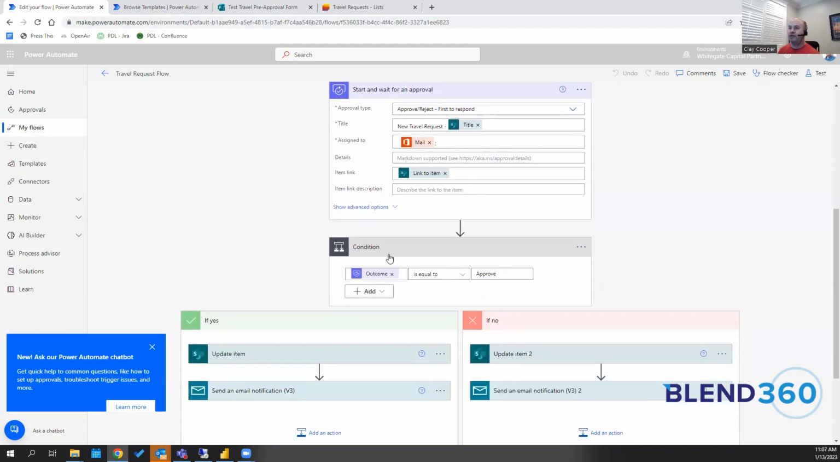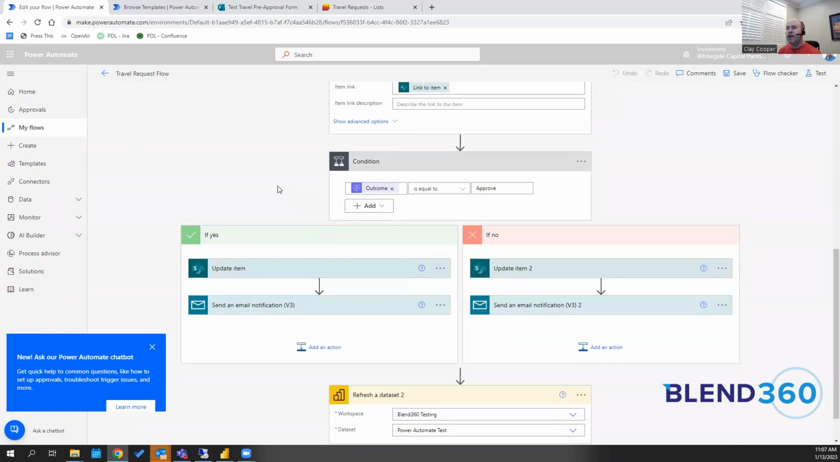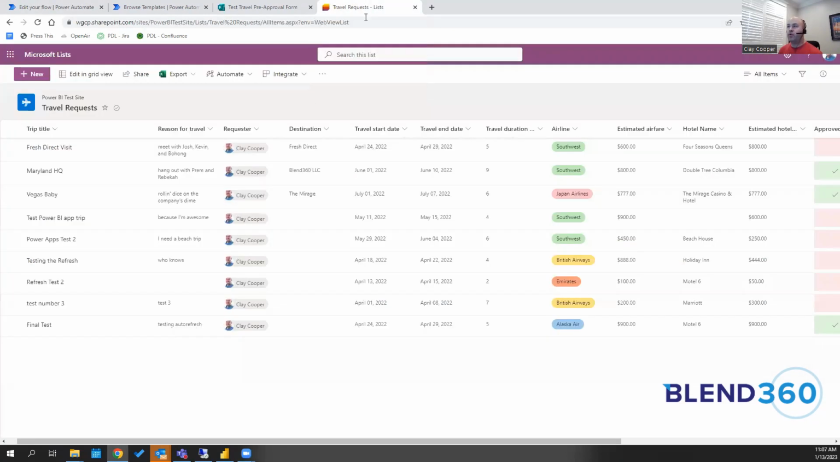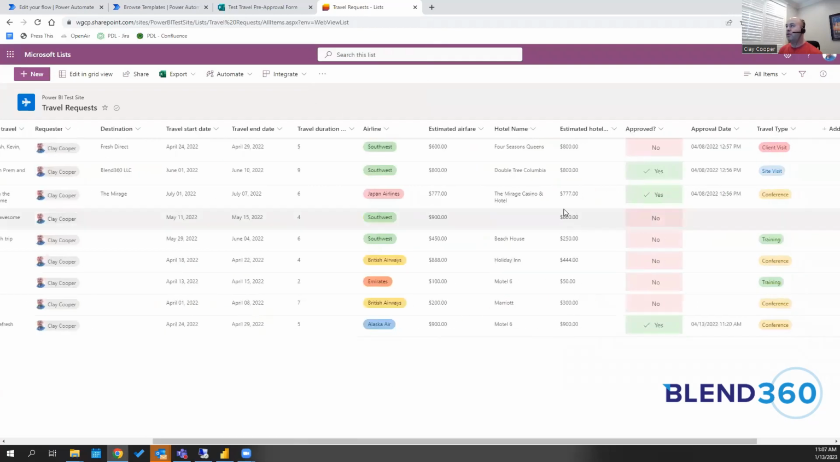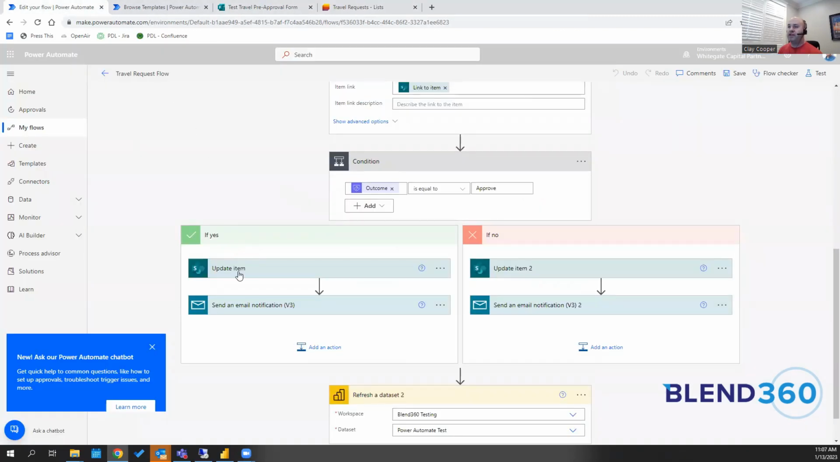And basically after that we're sitting and waiting on a condition to be completed. And either it's a yes or a no from the manager to approve the request. So from that, what you would get is a yes, and if yes, then it updates the request over here to be approved or not approved. And from there, if yes, then we update the item to approved, and